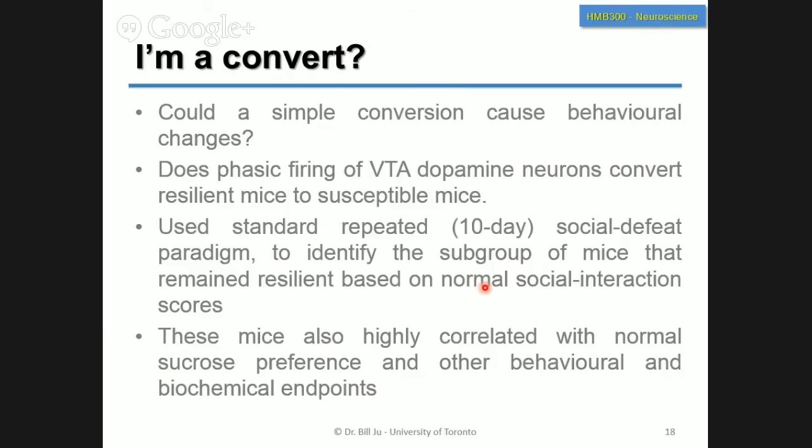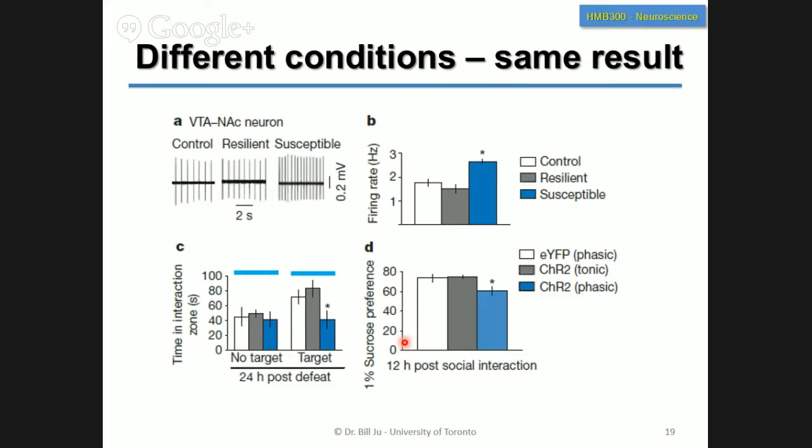So what they decided to do was, rather than try to use different constructs, they went back to their standard repeated 10-day social defeat model, not the one-day sub-threshold stimulation model. They went back to the original type with the social defeat, and they identified different subgroups of mice. Some mice have depression, some mice are resilient to this social defeat after 10 days. They were still stressed out. One group was resilient. It doesn't change its action potential firing rate. Can I then go back in and see if I can change their firing rate optogenetically,